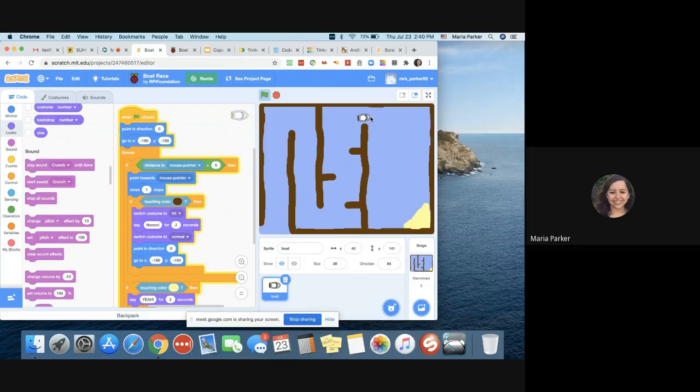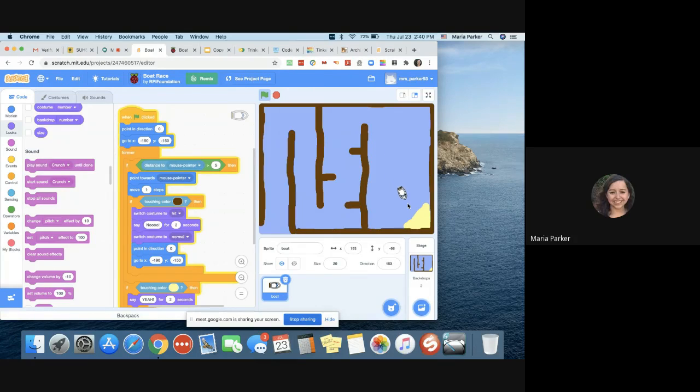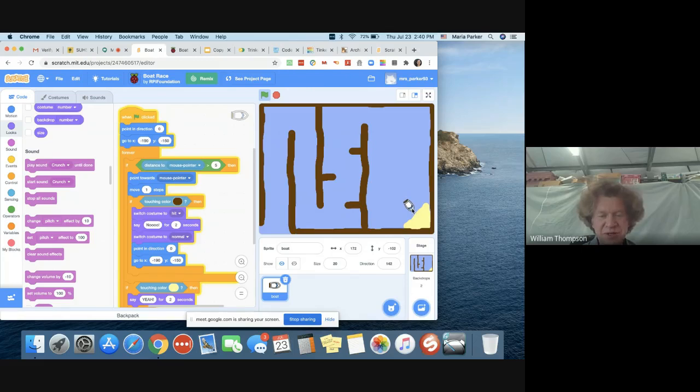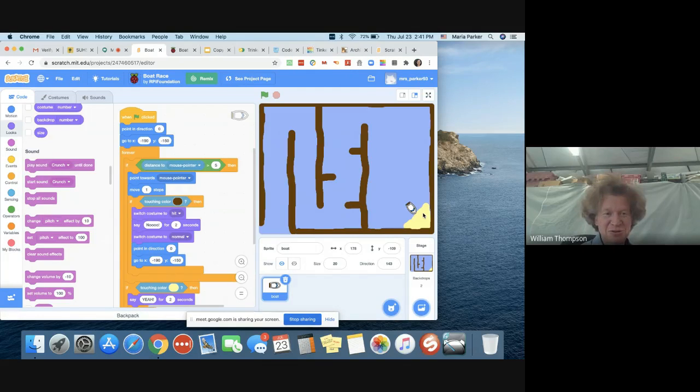So these are great tools for them to be using, especially if we're going to be doing distance learning. Great resources for them. Yeah, doing things in Scratch I think will be nice, and we're just scratching the surface here. Yeah, definitely.